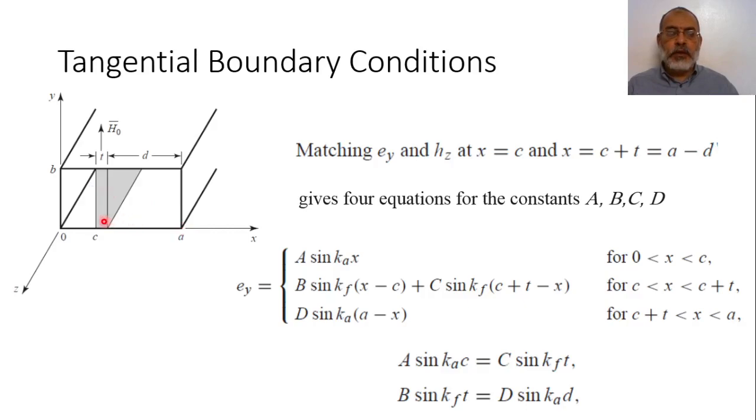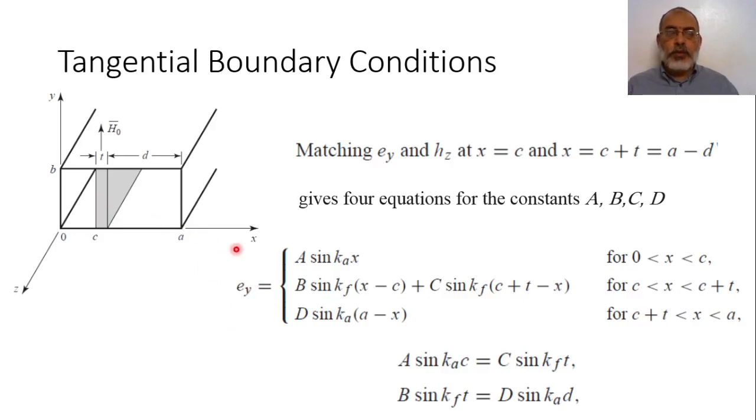such that the field Ey in the region from 0 to C has one function, and from C to C plus T inside the ferrite medium has another function, and finally from C plus T to A has a third function, and from Ey we obtain Hz,